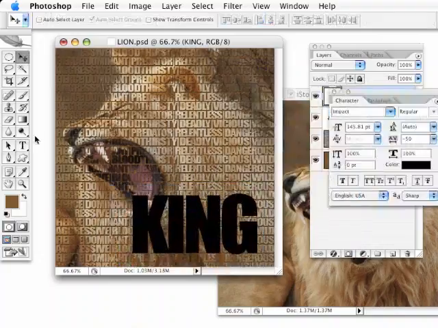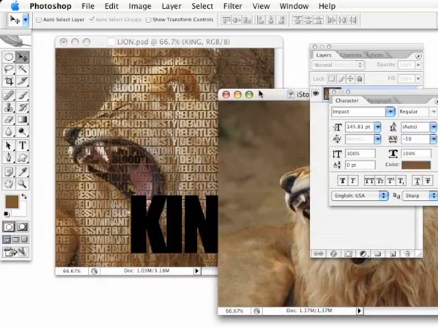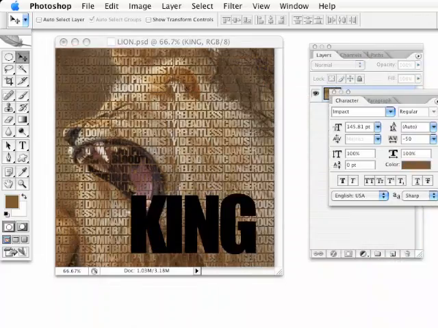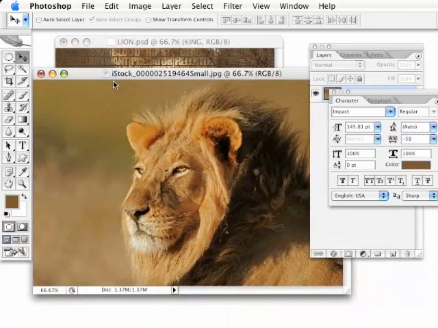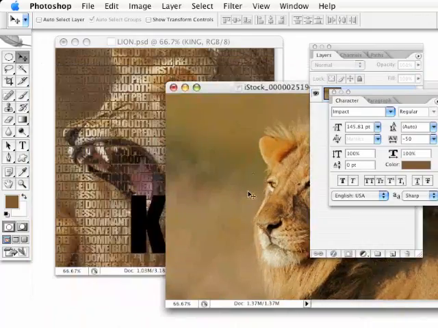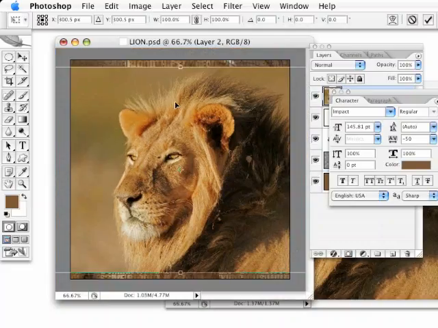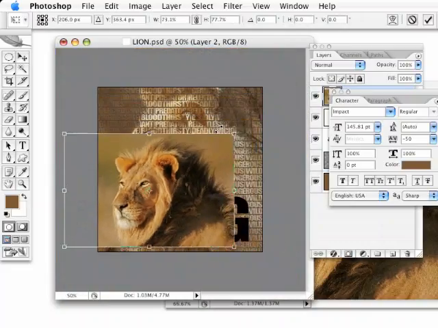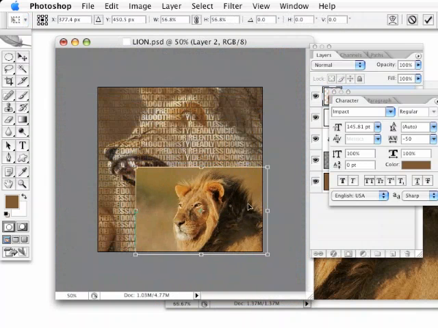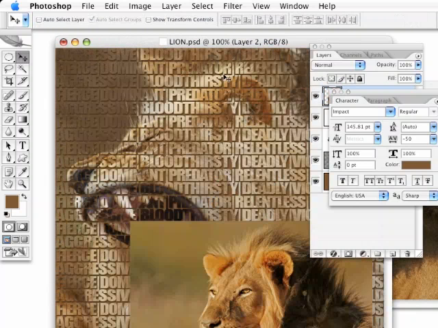And the reason I wanted to bring that in a little bit is because when we mask an image inside of this lettering, with the lettering closer together, it makes it much easier to see. So I'm just going to position that right about there, and I'm going to minimize this image. I've got another image of a lion here, a little subtle, really cool looking lion right there. Same as we did before, I'm just going to shift drag that image into this file. And I'm actually going to scale this one down a little bit, because this is going to be inside that lettering right down there. And I'll just hit enter, zoom in here just a little bit,